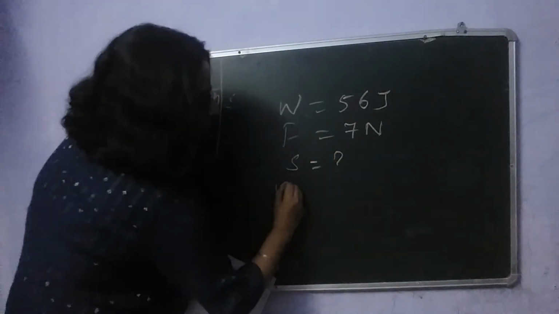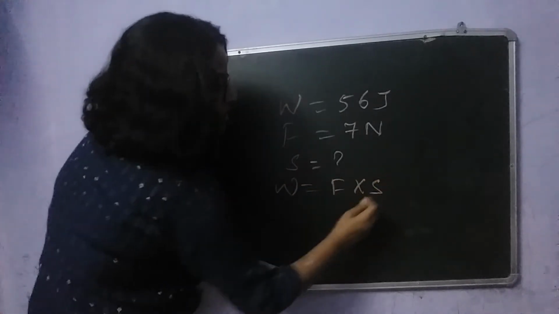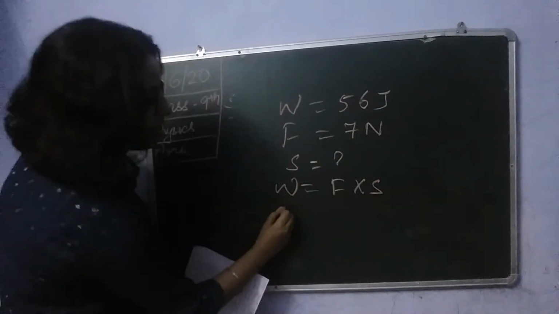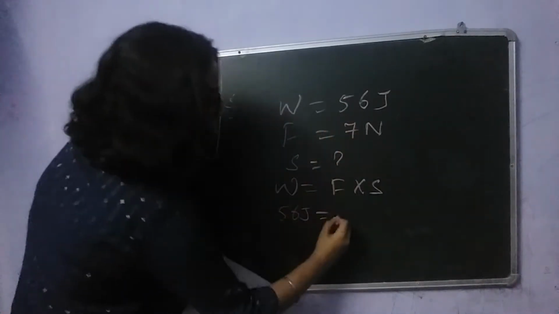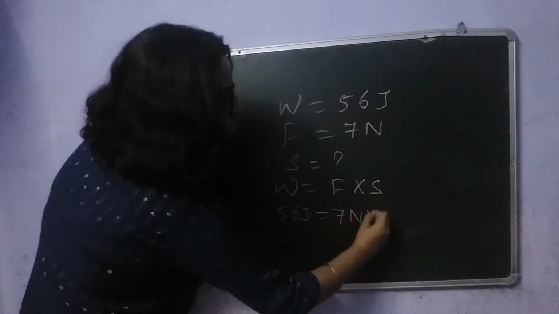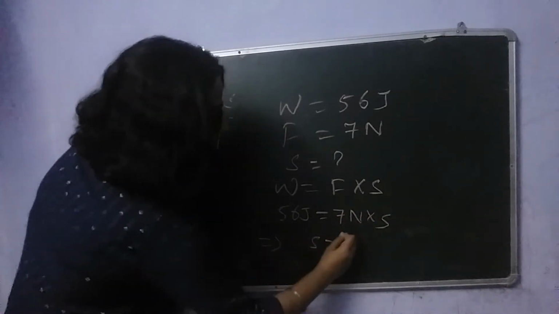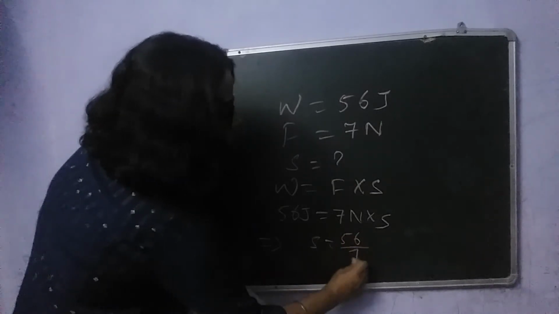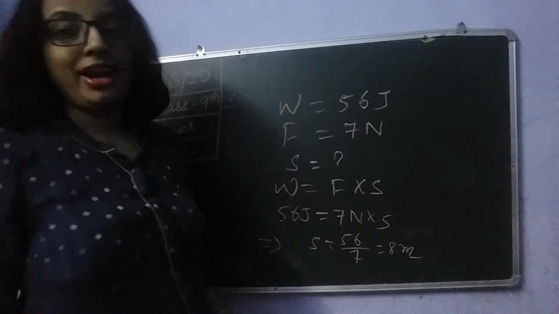Simple. Work done is equal to force into displacement, and here work done is given, that is 56, and force is 7 Newton. So we can find the displacement: 8 meter. 8 meter is the required displacement. So now,